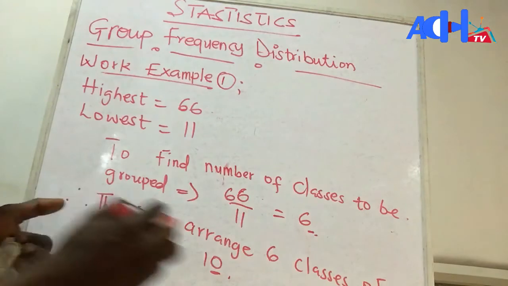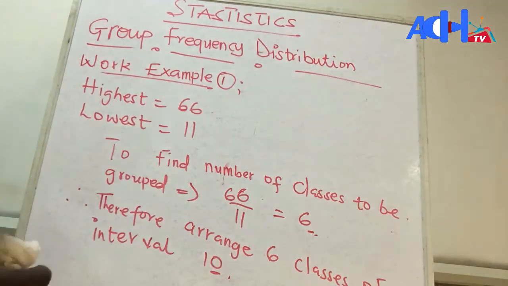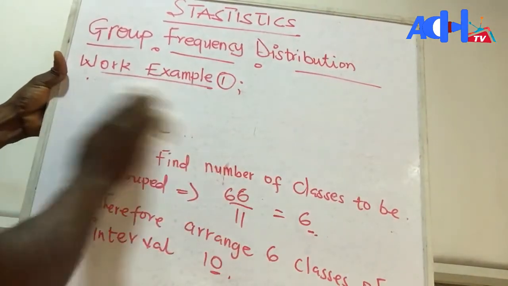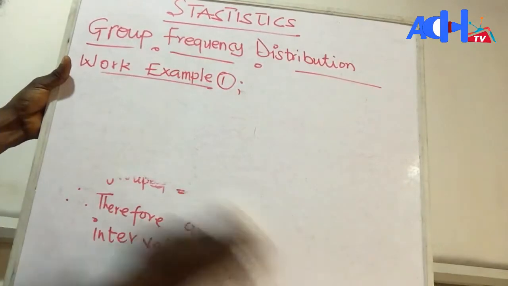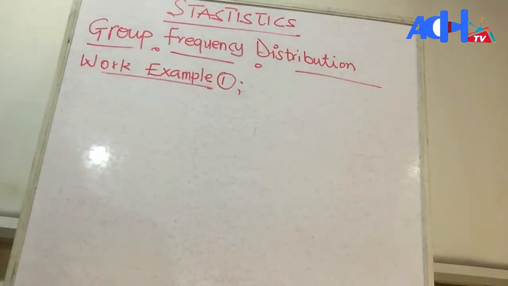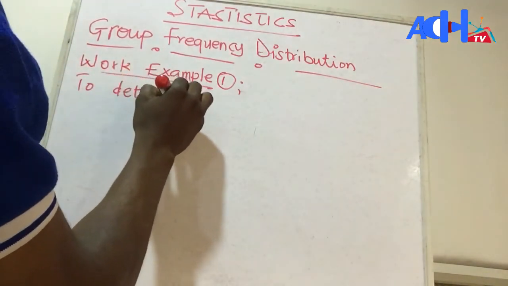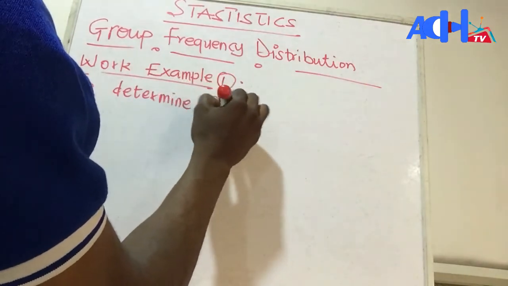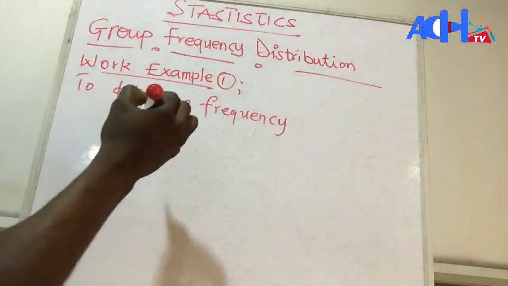Since we have these two pieces of information, we can now create our frequency distribution table. So by creating the table, to determine the frequency distribution,